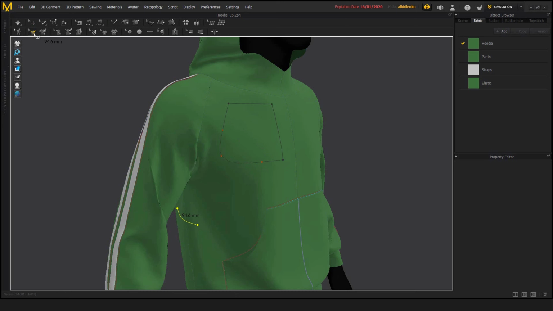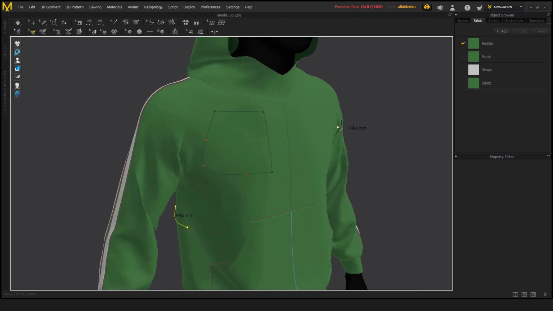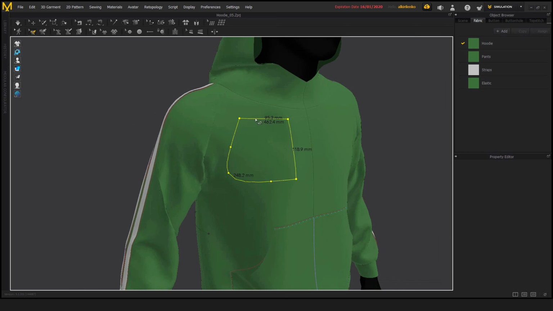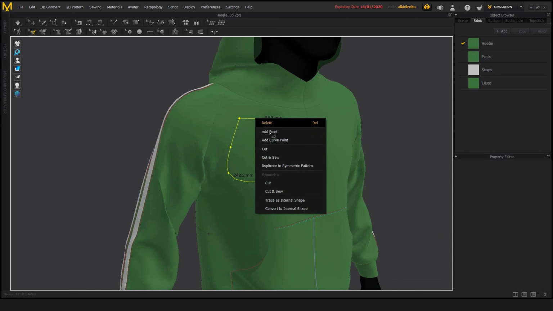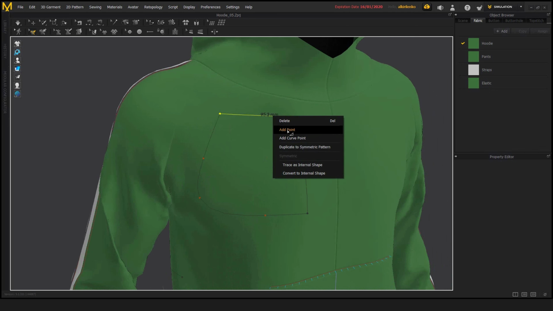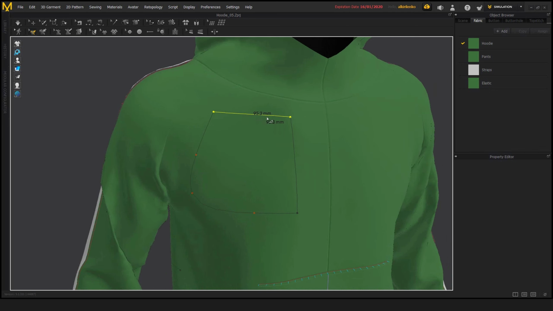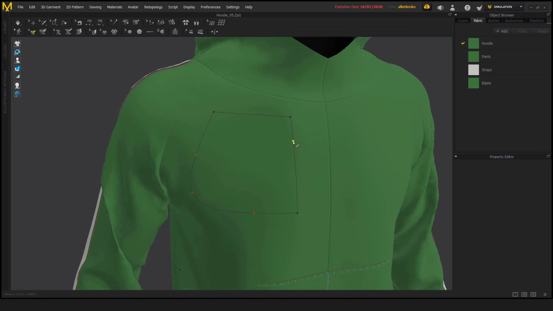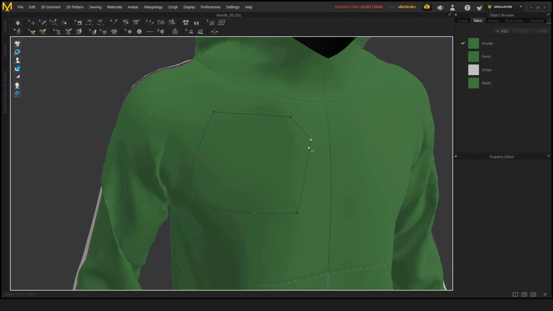So all we need to do is select the Edit Line tool, and if we right click on one of the lines, one of the segments, or if we double click and we right click again, we get to choose quite a few options. So the first one is to add point, and the point is added where the right click happened. So for example, if I click here and I press add point, the point is added here. This is just a standard point. As you can see, the angle between the lines is sharp. If I want to add a curve point, there's an option to do that. Simply add curve point,